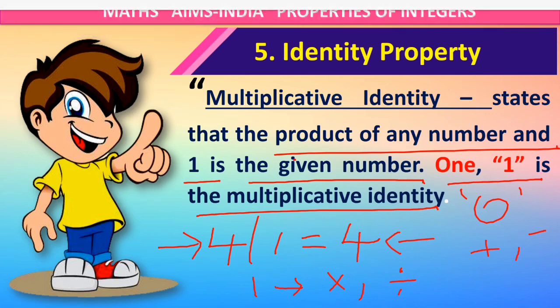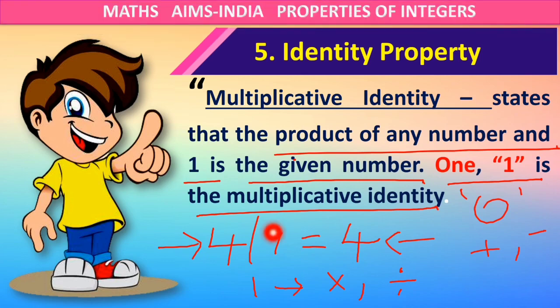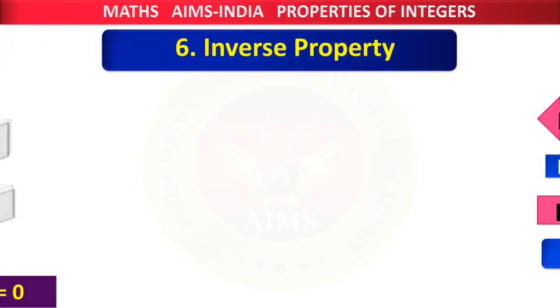Okay. Identity property states that when we add, subtract, multiply or divide a number, then the answer should also be the given number. When we add or subtract 0 from a given number, we get the number only. So 0 becomes the identity for addition and subtraction. When we multiply or divide a certain number with 1, we get the same number as the answer. So 1 becomes the identity for multiplication and division. Clear, class? Okay. The next property is the inverse property.